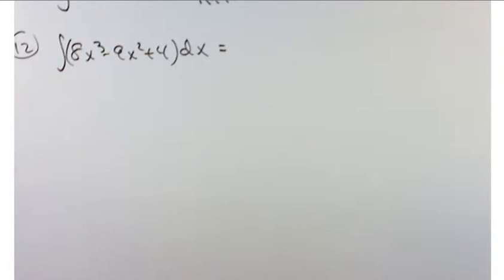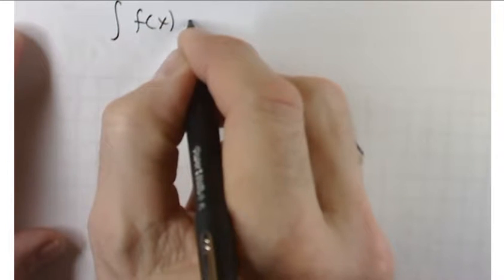Now I'm looking at these rules. What happens when you have the chain rule involved? Oh, great question. For integrals, you're not exactly going to see the chain rule. We're going to see something called U substitution, but with integrals, there's no product rule and there's no quotient rule. So if you have a product or you have a quotient, then you have to do a little bit of extra thinking. Because one thing you can't do is say that the integral of f of x times g of x